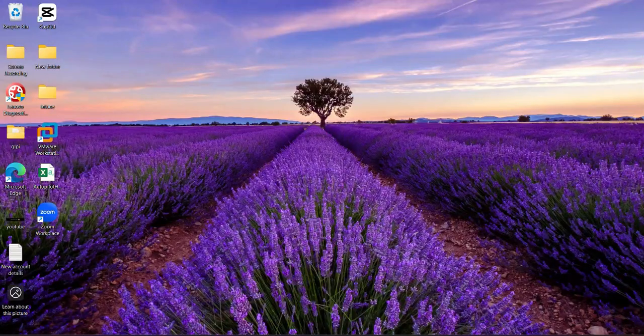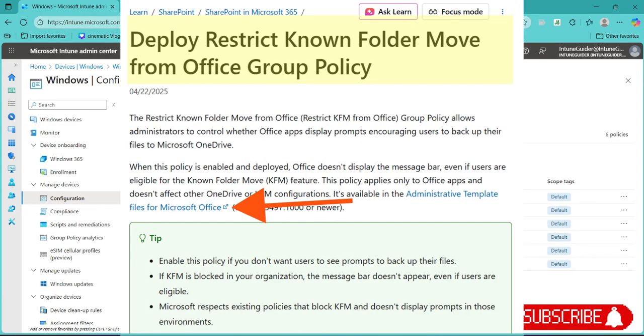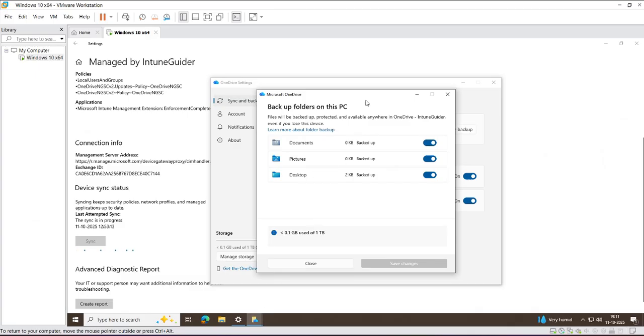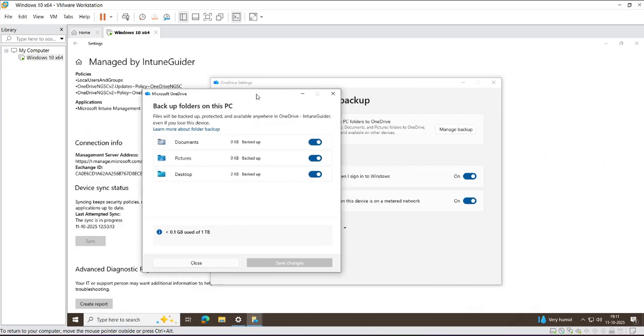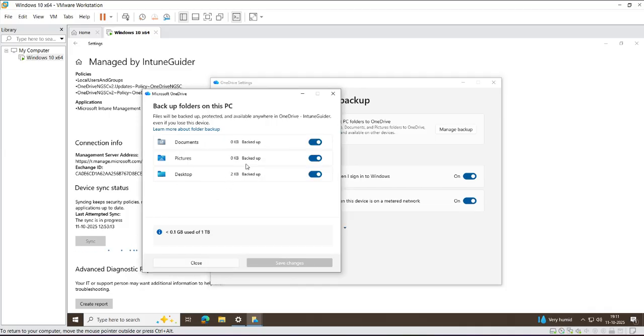Hello everyone. In today's video, we are going to see how we can create a KFM policy, that means known folder movement in OneDrive. Those three folders will automatically be backed up once we configure the policy, and it will also make sure that the user is silently logged in to OneDrive,